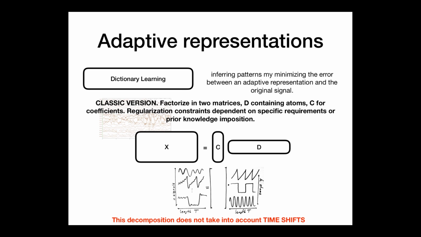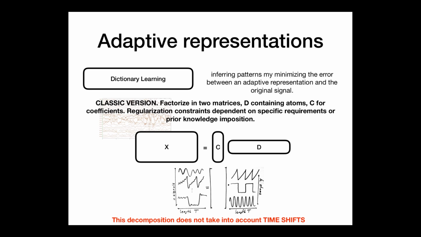Okay. So far we have been dealing with representations which we fix a priori. So wavelet, Fourier, in any case we pick a particular basis or a particular pattern and we fix it, and we decide to decompose the signal onto these patterns. But we can also use more adaptive methods which go in the direction of learning the best representation from your data instead of picking one in advance. One method that comes to my mind is dictionary learning,